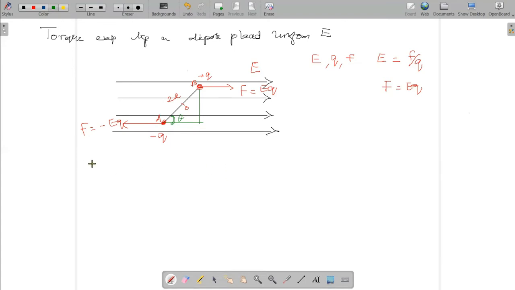So first we are going to discuss, there are two forces acting in opposite directions. So there are two torques, torque due to force F and torque due to force on the other side. Plus charge will act பண்ண force, minus charge will act பண்ண force, அப்ப two torques. அப்ப total torque will be equal to